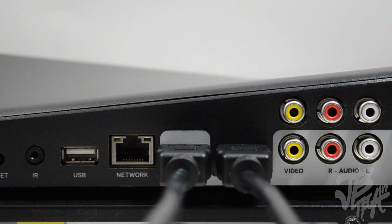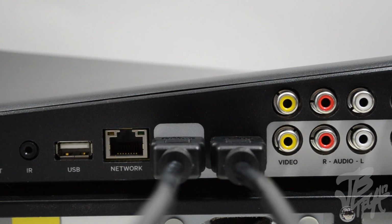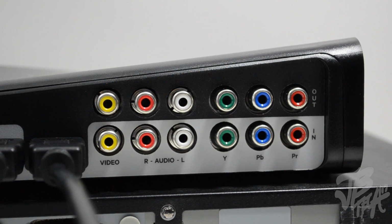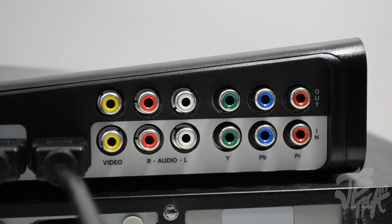Once we hook up those two HDMI cables, we'll go ahead and go here to the side and then hook up our component cables, which is going to be the green, blue, and red cables. We're going to attach these that were provided to us in our Slingbox 500 package. Go ahead and put these in the in port of the Slingbox 500, also in the input next to the